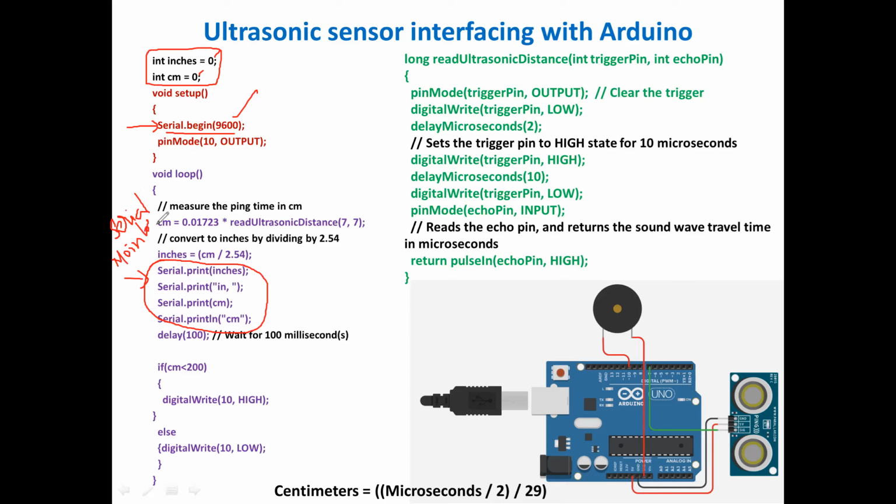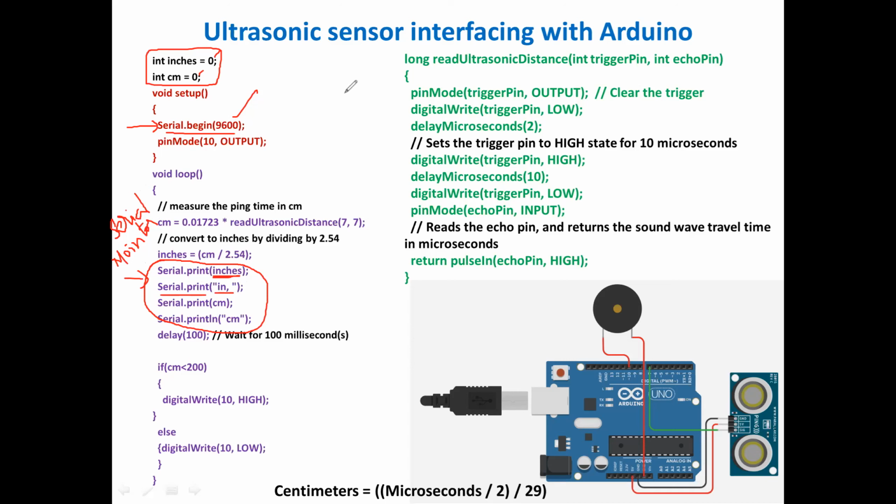I want to see my data in the serial monitor. These are all the functions. This function we already discussed, that is Serial.begin, for transferring the data at this baud rate of 9600. And Serial.print is nothing but: whatever data is in this variable will be displayed, and whatever is within the double quotes, that content will be displayed.